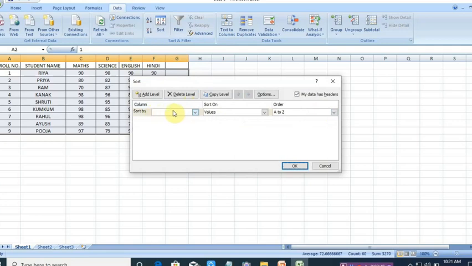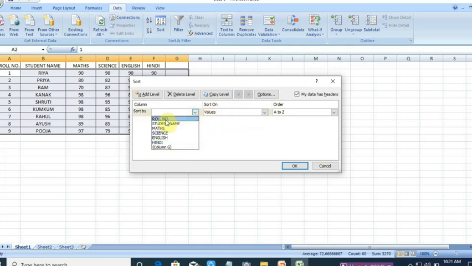Here it will ask on what basis you want to rearrange your data, right? So here I'll click. It gives me options: on the basis of roll number, student name, mathematics marks, science marks, English marks, Hindi marks, or Column G. This one is of no use.